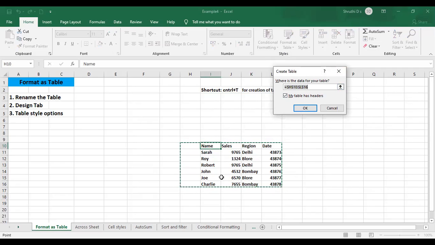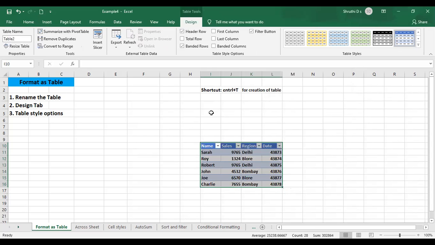So what you can do is select a particular range by dragging, just select the columns whichever you want. Now automatically it is going to consider the cells. It asks you whether your table has a header. As you can see, I have given headers: name, sales, region, date. So this is the table header, and the column headings will be taken from it. By default it will be selected; if you don't want it, you can remove that. But since my table has a header, I'll click on OK here.